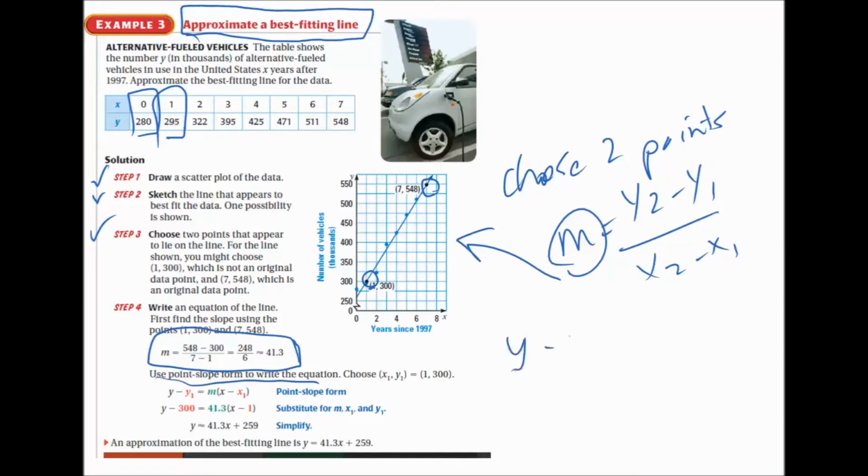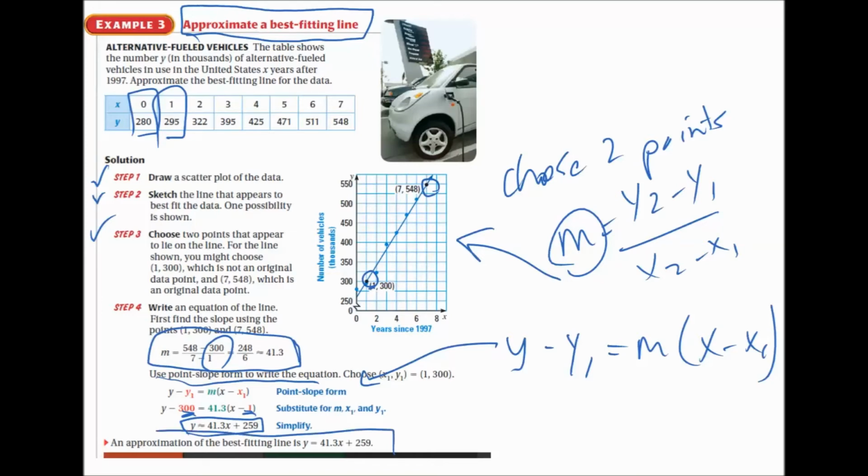So using y minus y1 equals m times x minus x1, and they walk you through it right over here. Substituting one of the points they chose, that's on the line. They just used one of the points that they used to find the slope from. Then they simplified and said an approximation of the best fitting line is this. This is the equation of the best fitting line for this